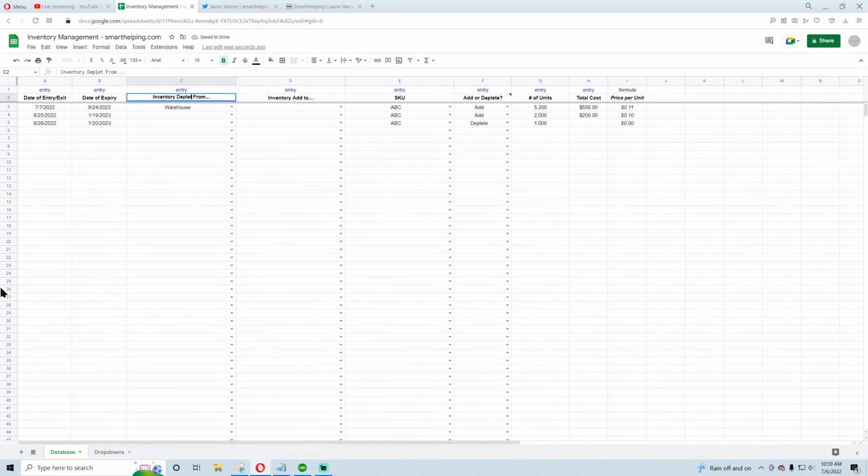So deplete. Now this would be cool if we can figure this out. So we deplete, let's say just an example, we deplete 5,200 units from the warehouse, and they're getting depleted from the warehouse, and they're being put into,